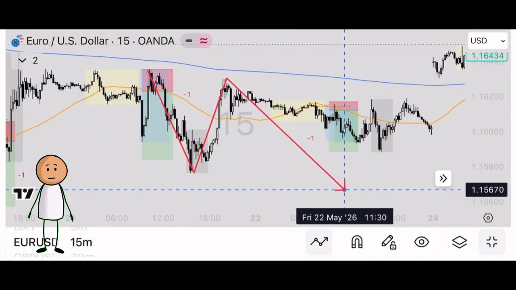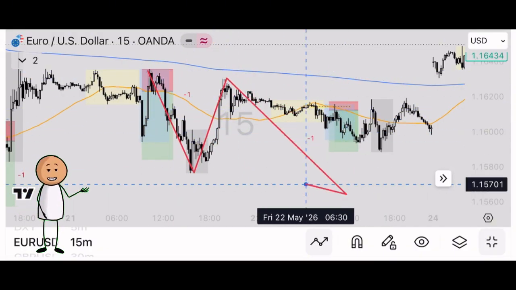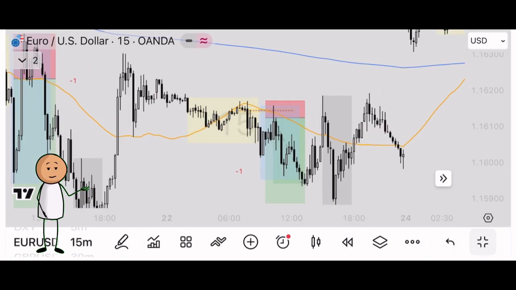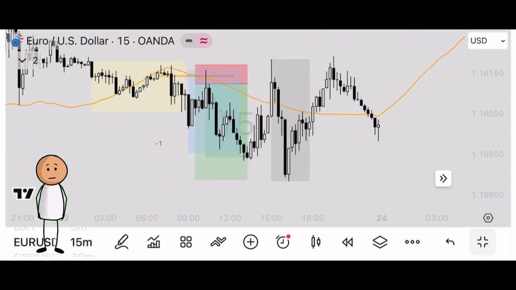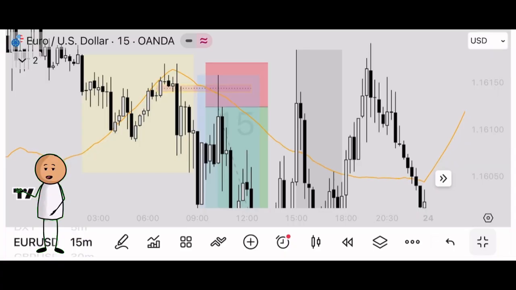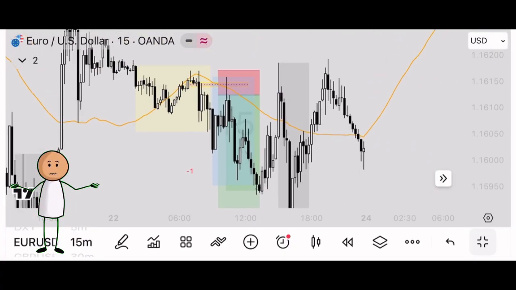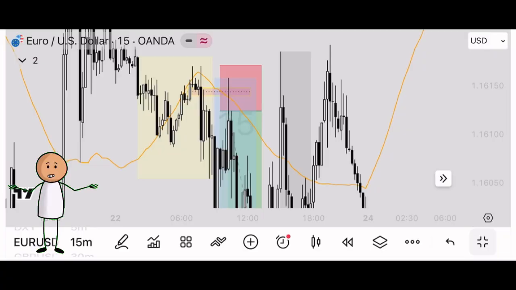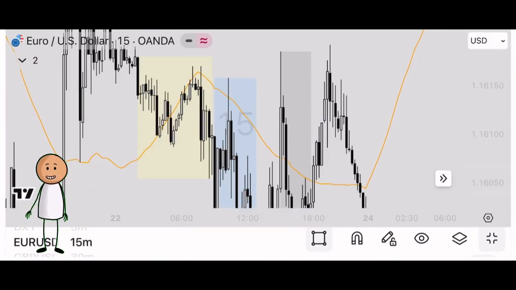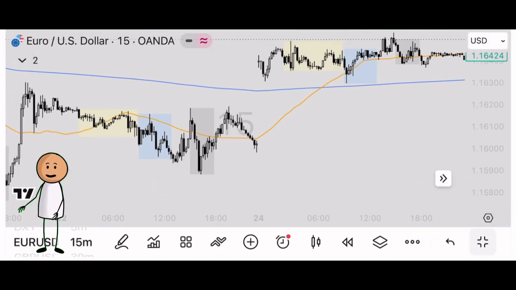So right here we have this high, low. We just need to continue bearish, and we want to move away from the 500 EMA. So right here we got our entry. This trade actually ran into profit. I explained it in my previous video. I actually took this trade even though